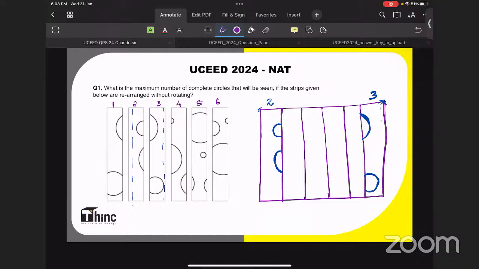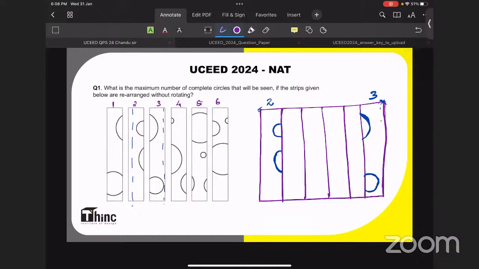So basically, a logical faculty may not be that good at these kinds of drawings. It may come from another part, like arithmetic. So we are good with numbers, but not good with drawings. We need a scale, compass, and all those mathematical tools to construct these things. Anyway, 2 and 3 are finalized.